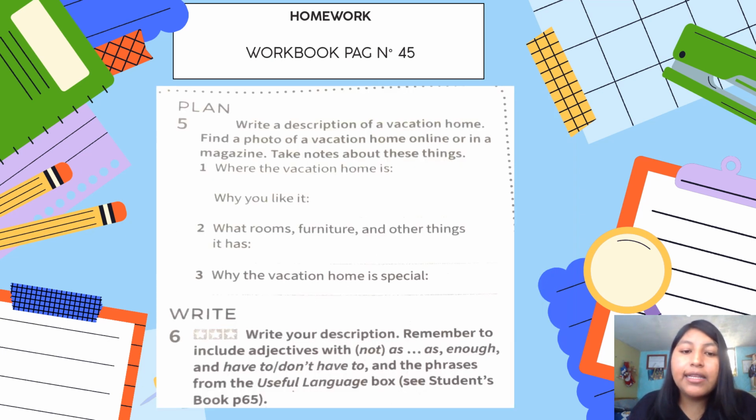And finally, I need you to write a short description about your dream house here. You have to take into account where your house is, why you like it, and what rooms, furniture, and other things it has. And why the house is special. Why is it special? Okay, we're going to do it with a house, not with a vacation, with a house. Try to write a short paragraph, only a short paragraph, and try to use also, as well as, and too. Okay,